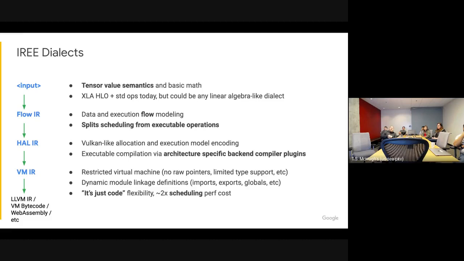And then finally, we kind of model a virtual machine in the IR, and the key thing that we model here is a very restricted subset of what you can do, and that gives us some benefits as we start to think about remote execution of these. And in our case, the remote execution means executing in a persistent kernel on the GPU, or executing on a sidecar ARM M4 processor sitting right next to an edge TPU.